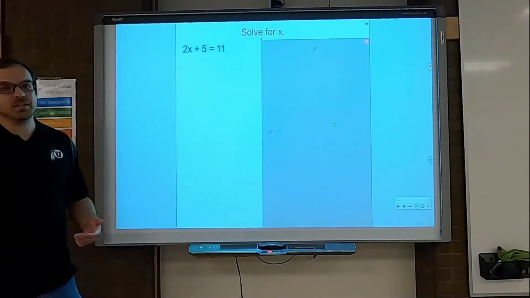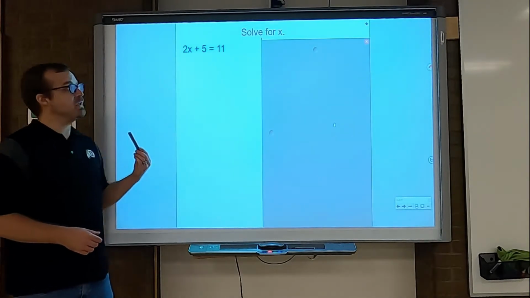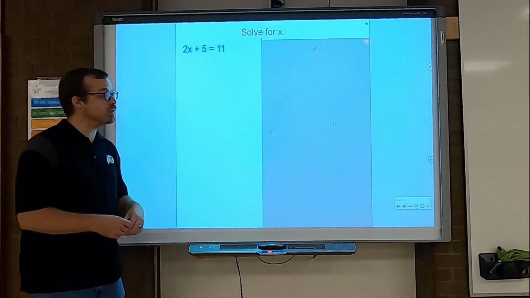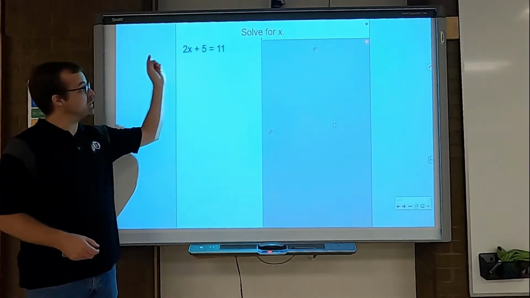All right, so we're taking a look at our second part of literal equations. We have a problem up here for you, 2x plus 5 equals 11. We're going to solve for x. Now you should know how to do this. This is a two-step equation here where you have to get rid of the constant and then get rid of